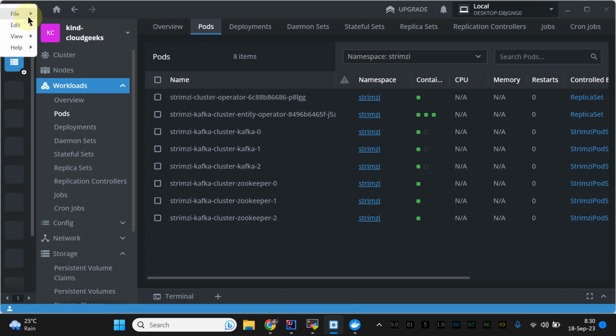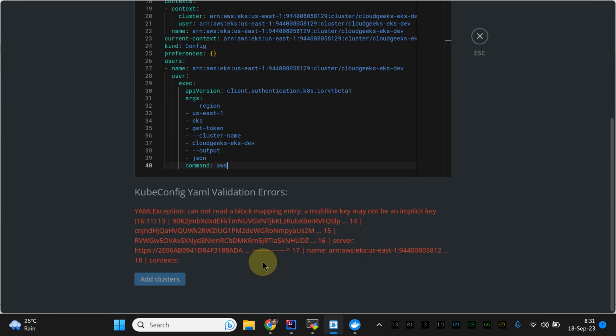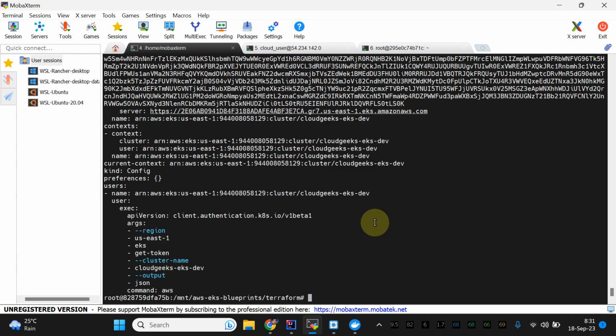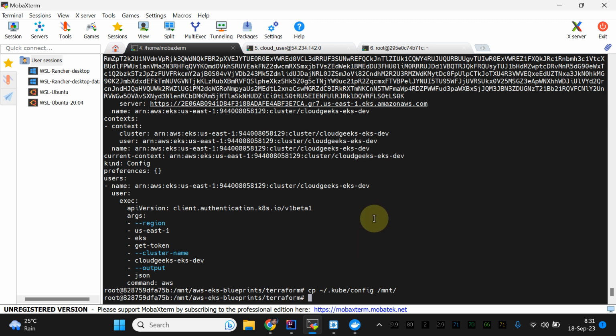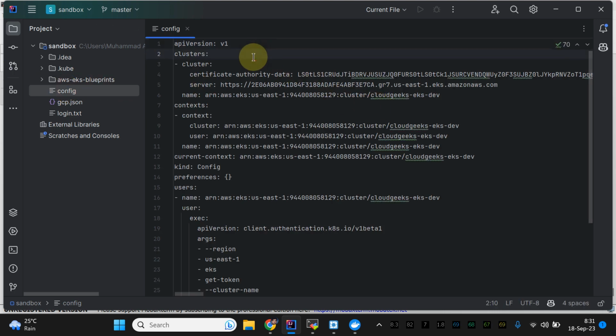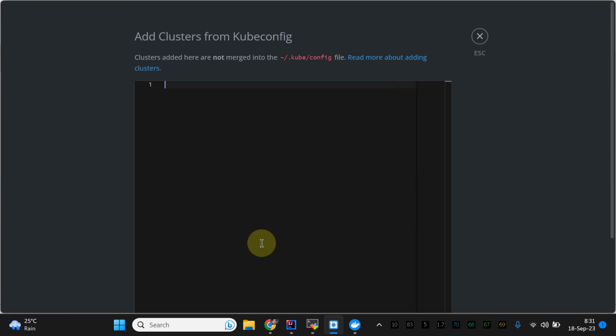One thing I need to tell you is that I've already logged in on my host machine with my AWS credentials. Okay, seems to be a config error. So let me do one thing. I'm going to copy this from my root context. It should be the kube config to slash mnt. So let it copy, and you see, it is now available on my host machine. I'm going to simply copy this and get rid of this and